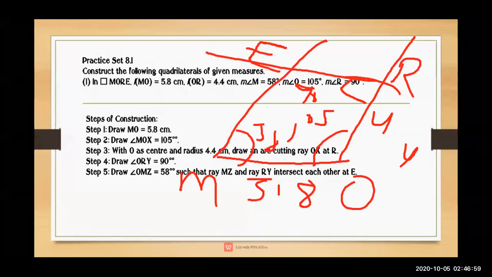That means this type of figure you are going to show in your real sum. Now this is your rough figure you are going to draw on the left side of your notebook. Now here I am going to show you how to construct the quadrilateral.